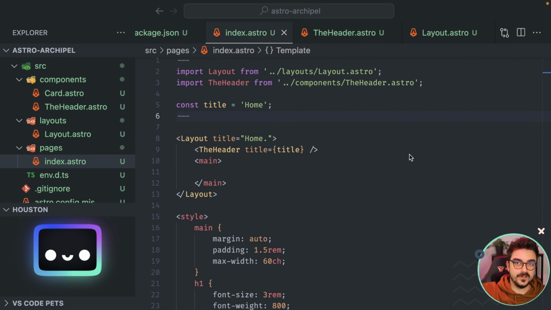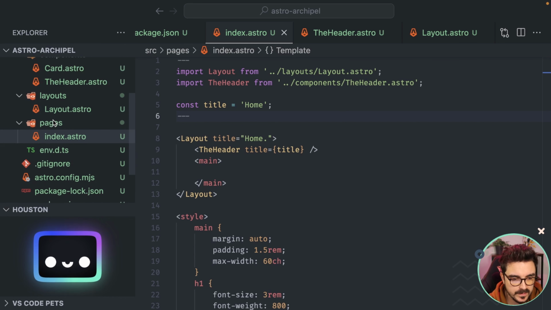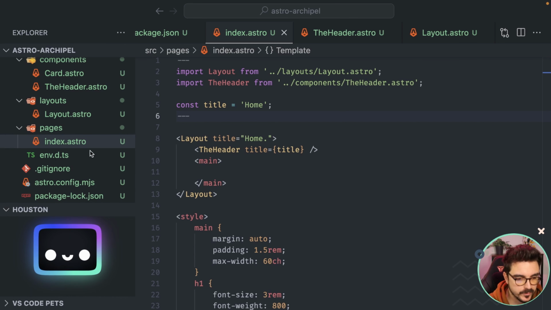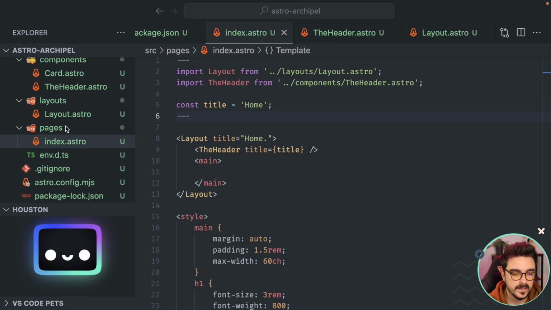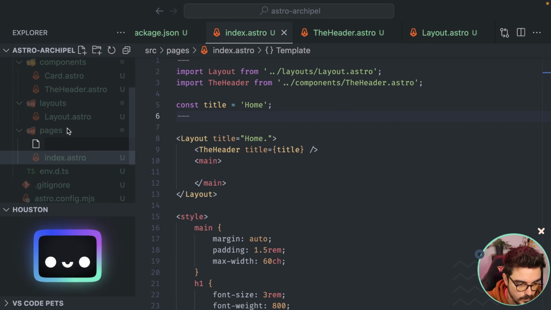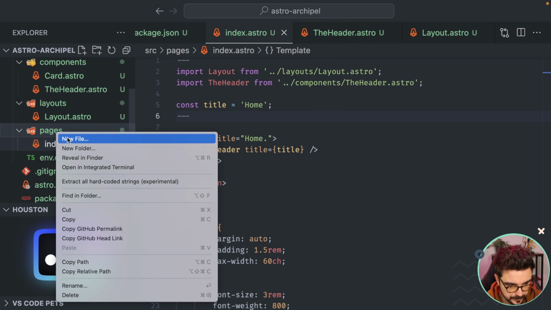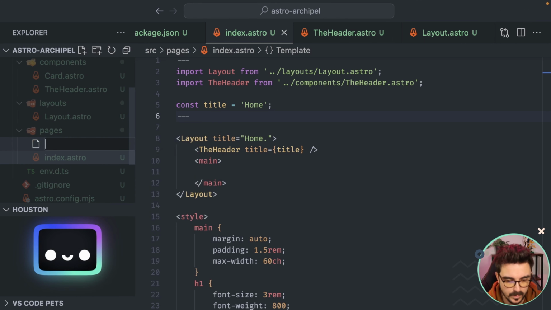Okay, now let's continue with another topic, which are pages. And here you have seen that we have a folder called pages, and this one was the home root. Similar to other frameworks, Astro uses file-based routing. That means that if we create here another one called about.astro,